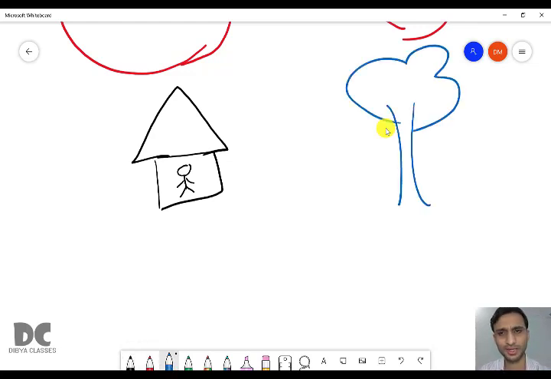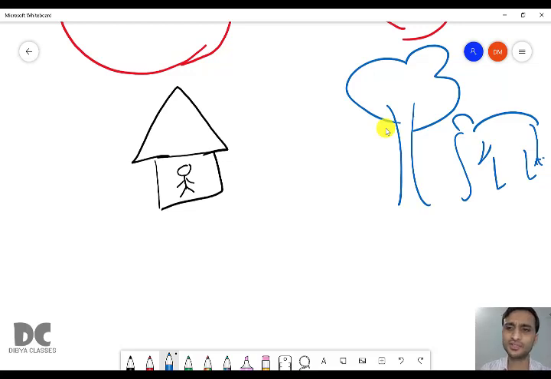Jungle, because an elephant is too big, so it stays in a jungle. But this child tells his father, I want an elephant, a real, big elephant for my birthday. So will this elephant fit into this?